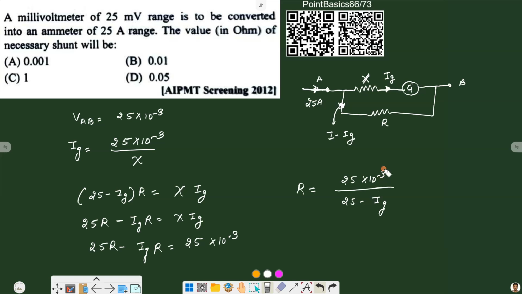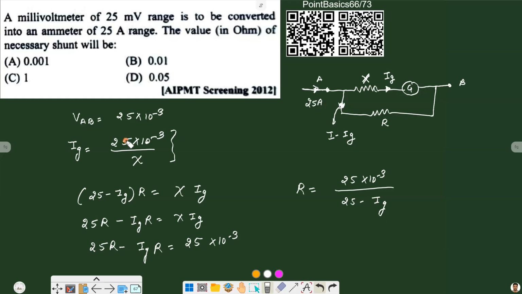Now we know that when we make a voltmeter with the help of galvanometer by attaching some resistance in series with it, what happens? Current through it reduces. And now if we see this expression, here X will be some positive value, as X is the resistance in series, so it will be some higher value, like 1000 ohm or 2000 ohm, something like that. And on the upper side we have 25 into 10 raised to power minus 3 already, so it is already in negative power. So assuming X to be even 1,